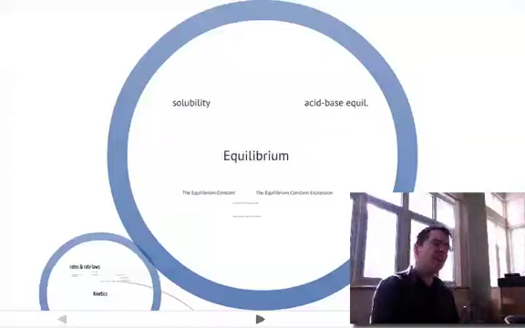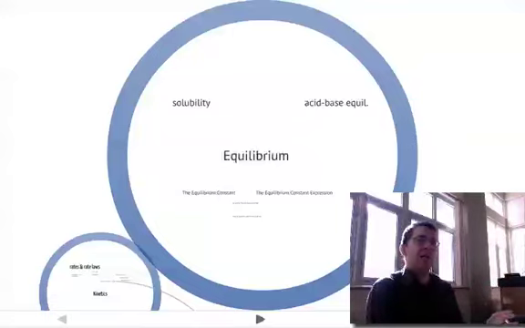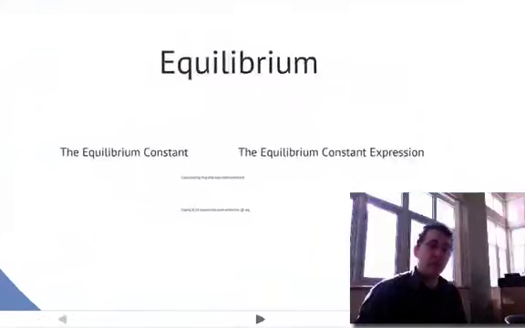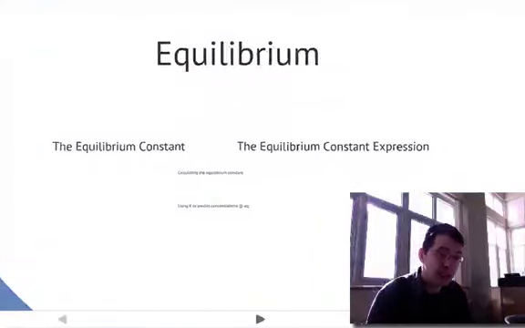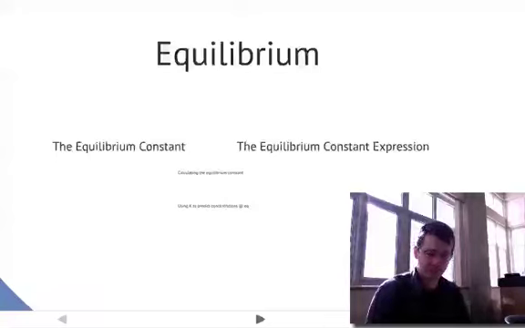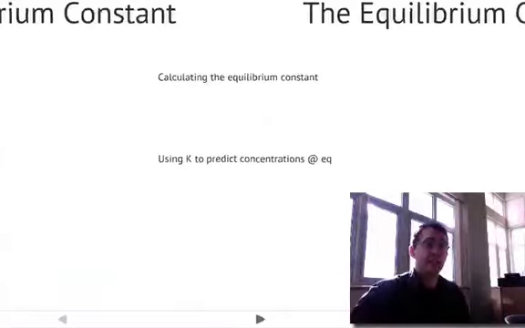So almost everything we think about from this point forward can be thought about in terms of equilibrium and relating equilibrium ideas. And central to equilibrium is this idea of the equilibrium constant, a constant associated with a given reaction at a given temperature, and the related equilibrium constant expression that numerically relates concentration and the equilibrium constant. And where this comes in handy is when we're calculating equilibrium constants, something that's actually quite simple to do,